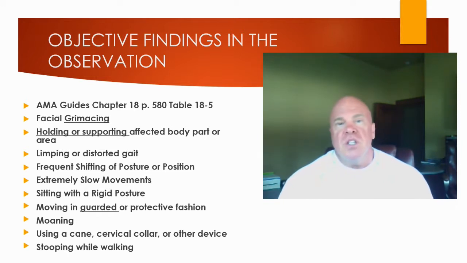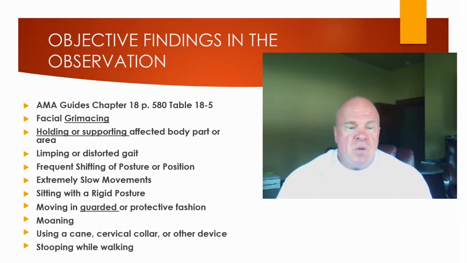How about extremely slow movements? Have you had examinees go through spinal ranges of motion and proceed through those ranges of motion very cautiously, very slowly? This is a positive physical examination finding. This is a positive pain behavior that should be consistent with the examinee's known condition. Now, in an examinee with a known injury to the spine, we would not expect to see them employ extremely slow movements of the upper or lower extremities in physical examination. The extremely slow movements should be, of course, associated with the spine.